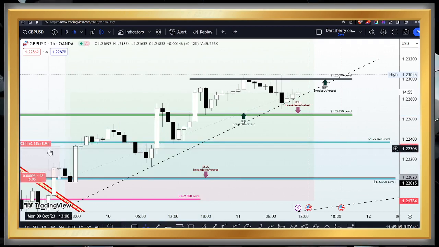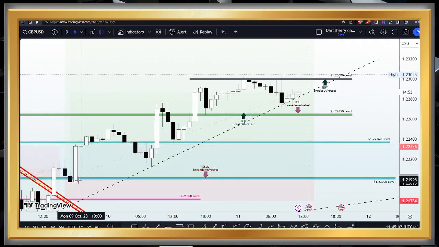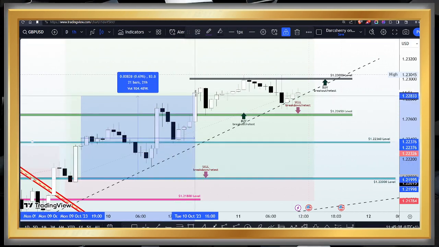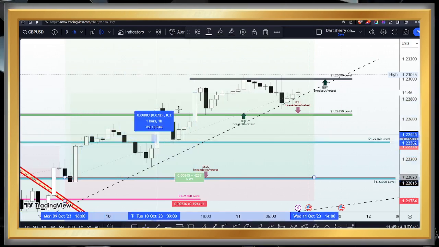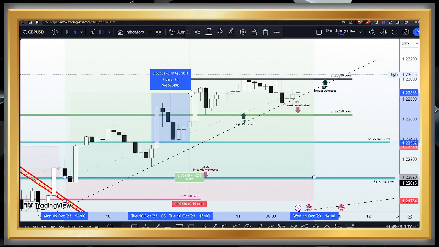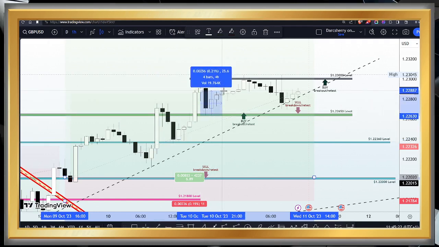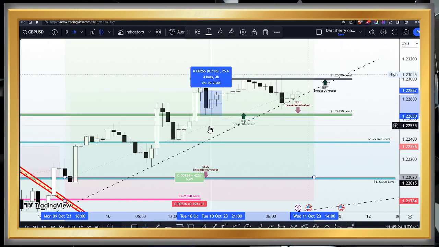And as you will see right now, we are very much profitable. So the first position here is running with about 88 pips in profit, while the second position here is running with about 50 pips. That's a total of 140. And then we have the third position running with about 25 pips. So we have approximately 150 pips in the last 3 days in this particular market. So congratulations to everyone who had been part of this profitable journey.